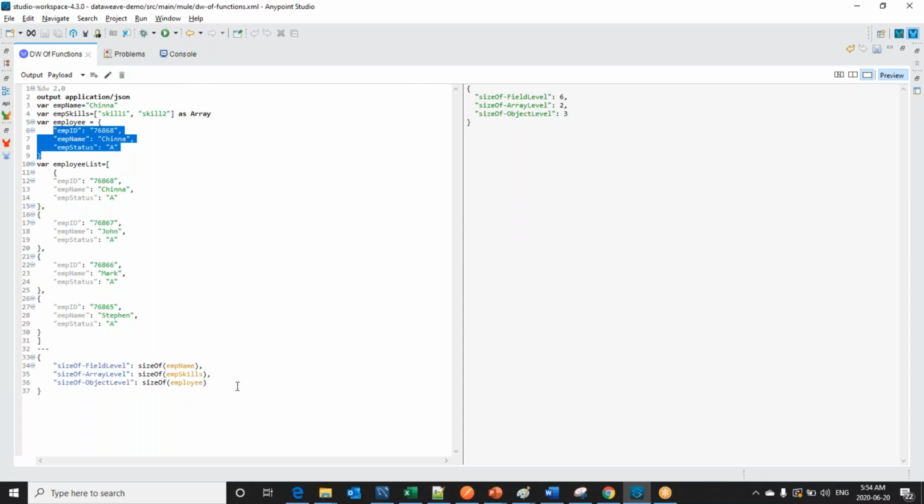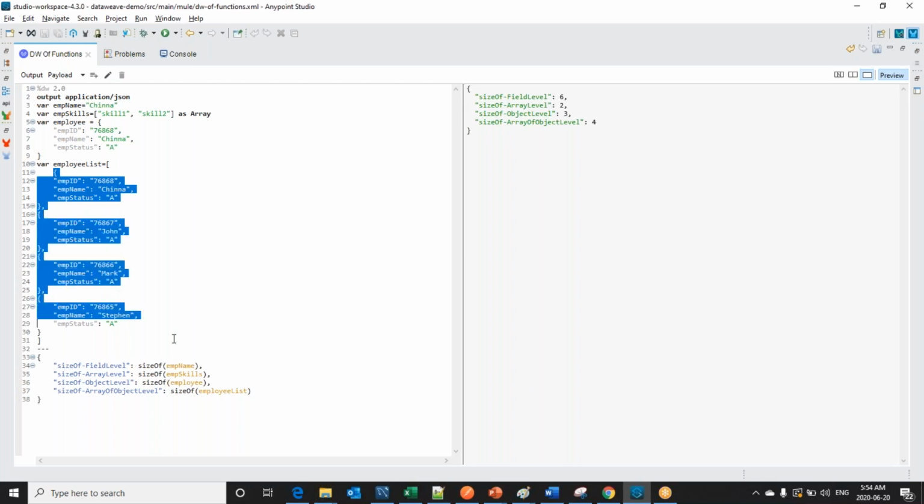And in similar way, let me get a size of array of objects. So let me take it as size of array of object level. So that should be size of employee list. Now we can see the size is 4, as I have 4 objects inside this array.